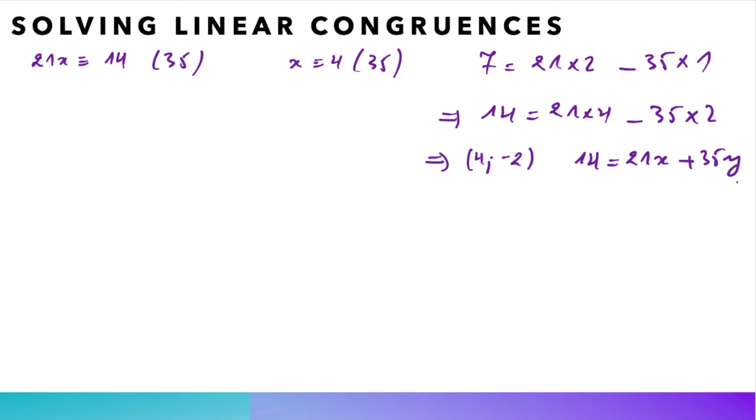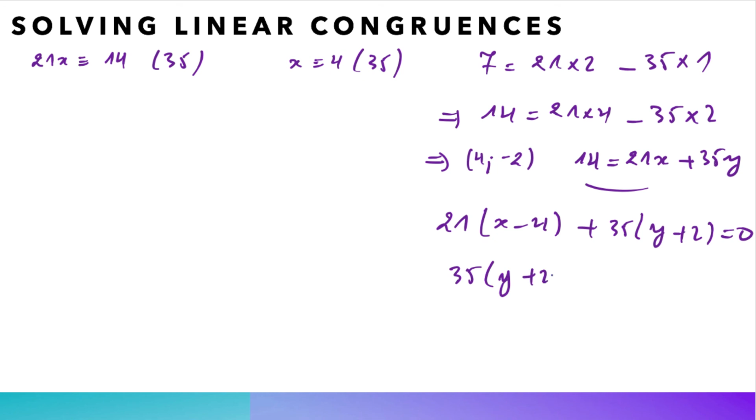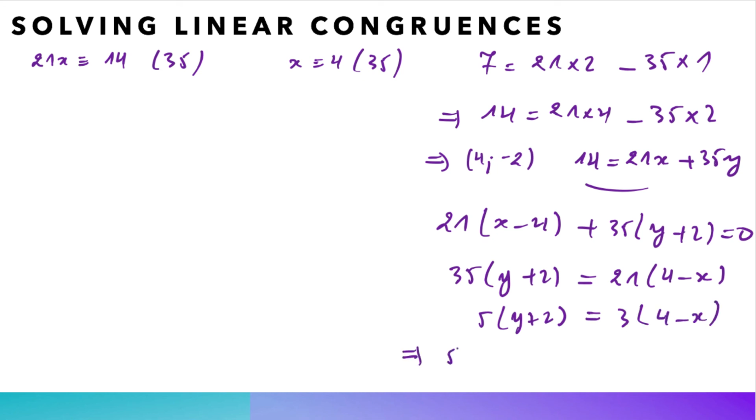or equivalently, (4, -2) is an integral point on the line of equation 14 is equal to 21x plus 35y. In order to find all these solutions, let us find all the integral points on this line. Indeed, if you subtract this equation from this one here, one gets that 21 times (x minus 4) plus 35 times (y plus 2) is equal to 0. This is because 14 minus 14 is equal to 0, from which one can deduce that 35 times (y plus 2) is equal to 21 times (4 minus x), and if you divide both sides by 7, one gets that 5 times (y plus 2) is equal to 3 times (4 minus x),